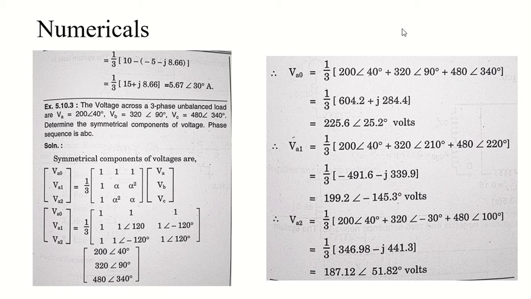So when we convert this rectangular form into polar form again, VA1 will be 199.2 at minus 145.3 degrees. That will be the voltage of VA1, which is the positive sequence voltage. VA0 was the zero sequence voltage. Now for negative sequence voltages, again you will do the matrix multiplication. Simply you will be adding the matrices, and when you do it, you will again find out that